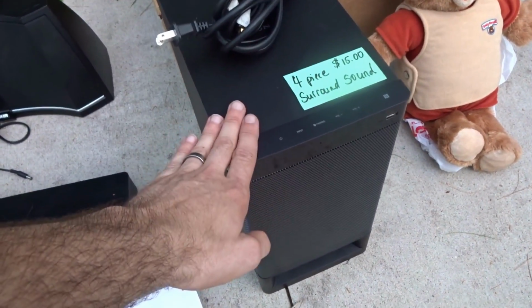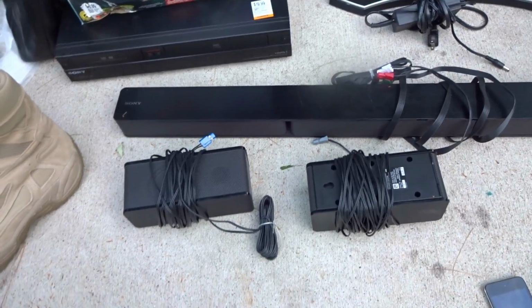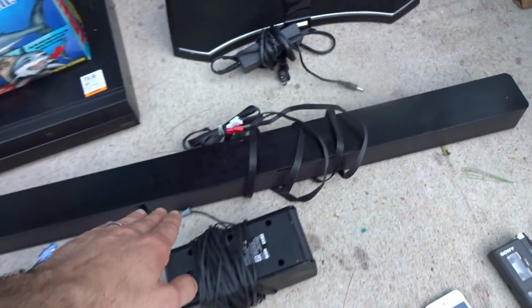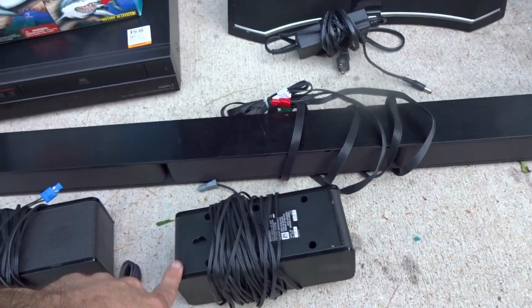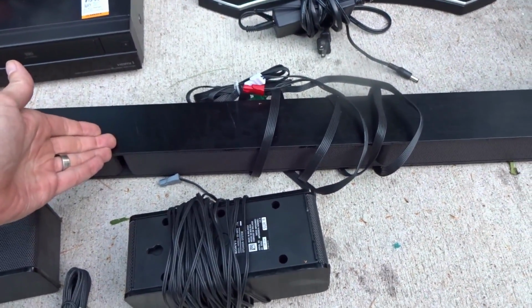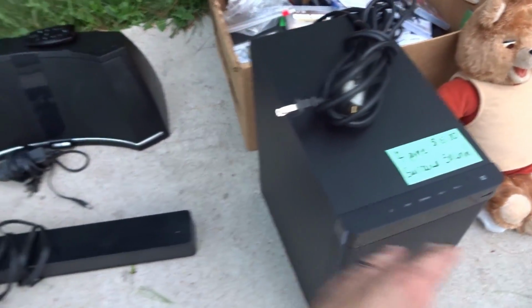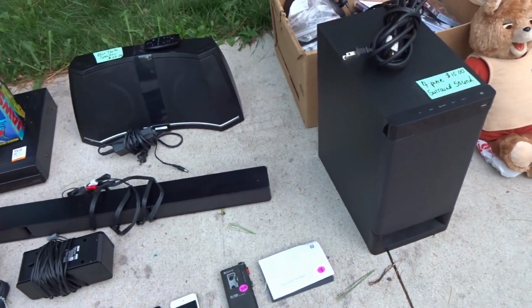So just the subwoofer here goes for about $99. So that's about 100 bucks. The two speakers here are about $25 with shipping, so probably about $30 or $35. And then I couldn't really find the sound bar, but I imagine it's got to be more than these speakers. I would think maybe 30 to 50, somewhere around there. So if these are 25, we'll call this like 35. That would be, what is that, $60? And then this thing's $100, so it's got to be at least 140, 150, 160, something like that. And I got it for